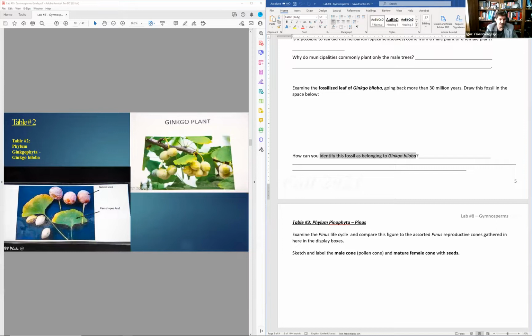So now the ginkgo plant, this is of course a picture of the female. The leaves are the same in the males and females, but that particular naked seed and that outer part produce a very strong, quite nasty odor. And these are the actual seeds inside of that particular seed, which look kind of like a nut, sometimes referred to as ginkgo nuts. That's not really a nut, because a nut refers to the fruit part.